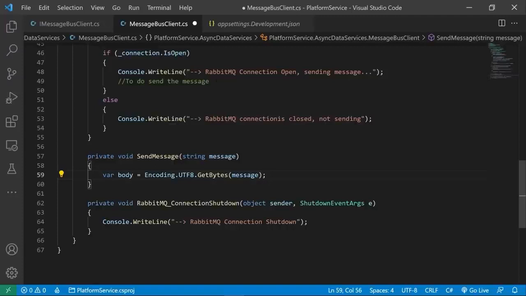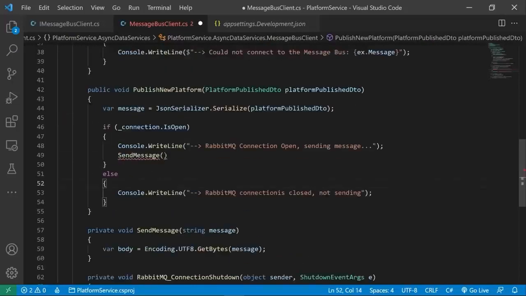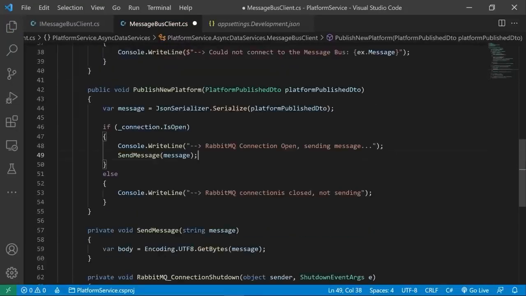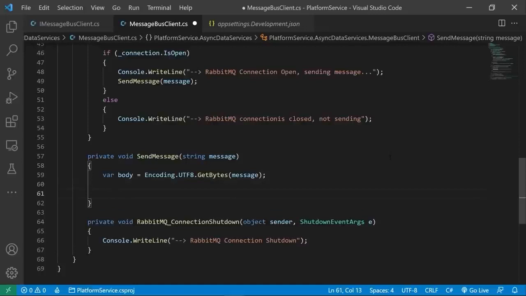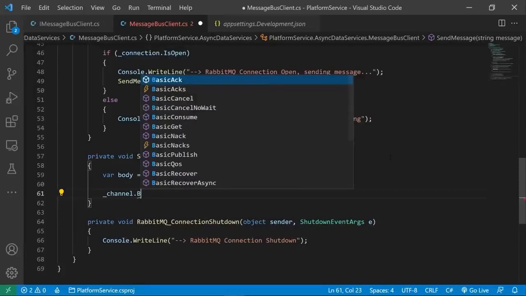Now while I remember, I'm going to come back up here and call SendMessage from in here, and we're going to pass over our message that we constructed up here, our serialized message, just in case I forget, which I probably will. So that's this method finished, and now we're just going to complete our SendMessage method. Then all we actually have to do now is on our channel, we just need to publish our message. So we'll call the BasicPublish